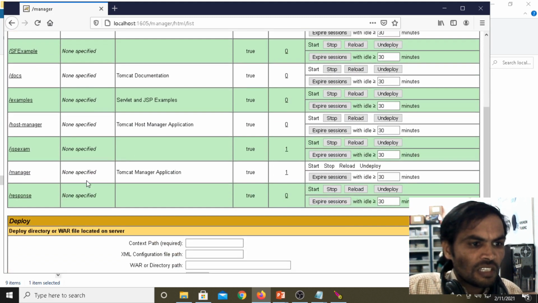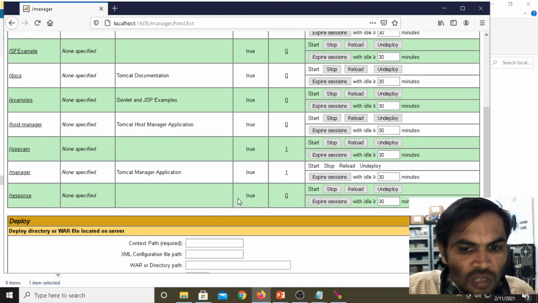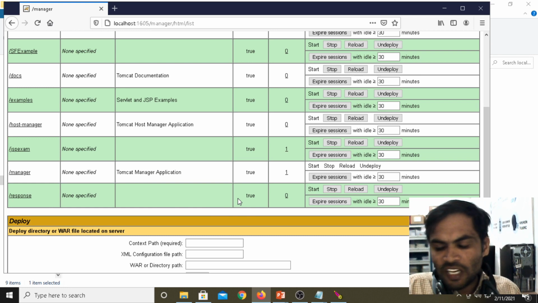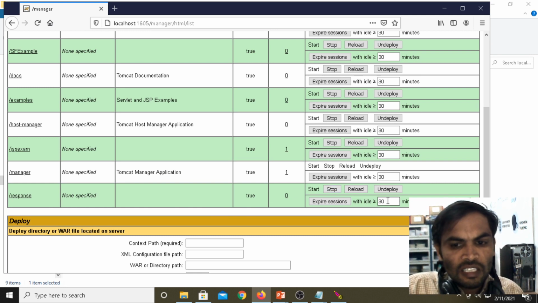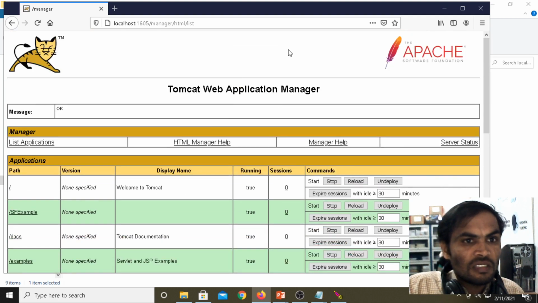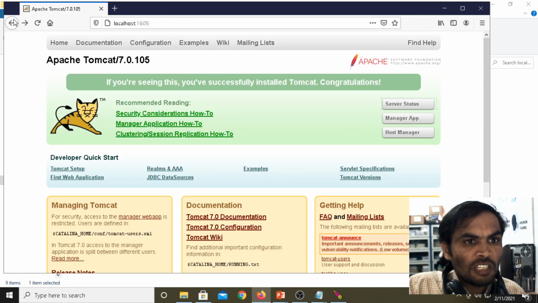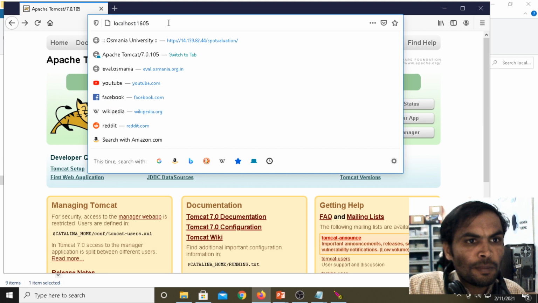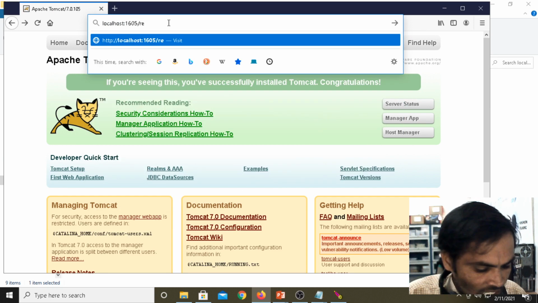Under the application, response is your folder. The session time is expiring up to 30 minutes, more than 30 minutes. Now we are running the program.